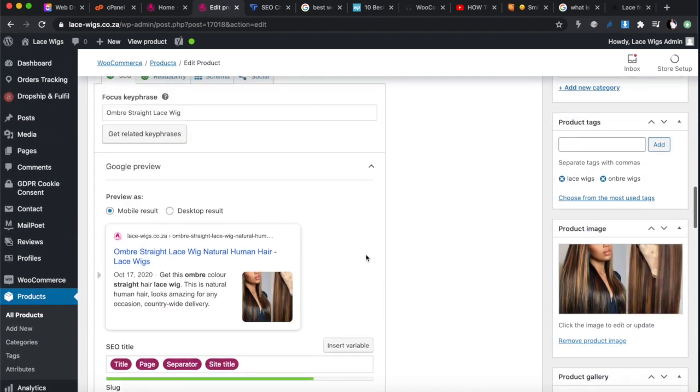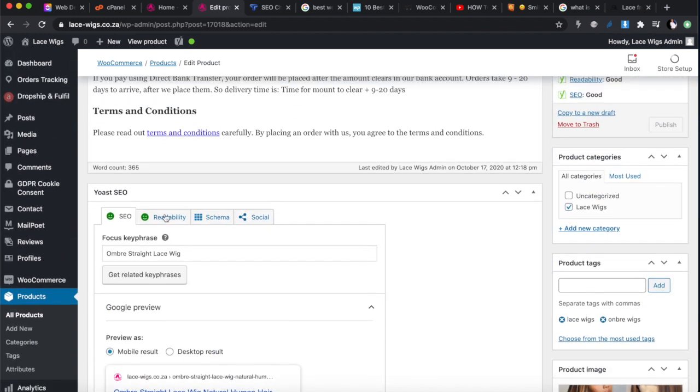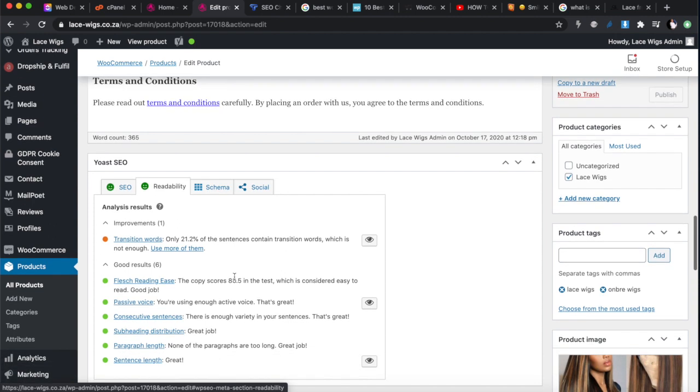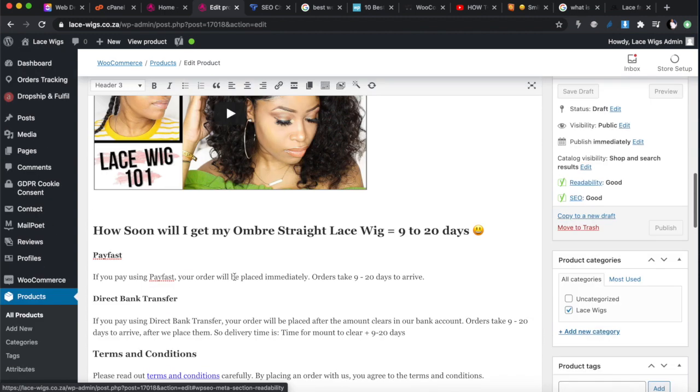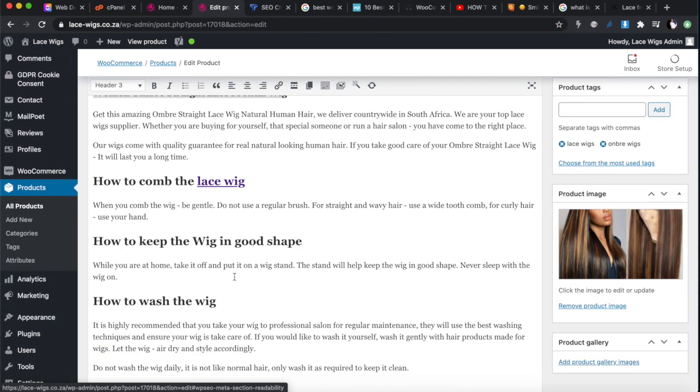And then the second thing that Yoast helps you with is readability. Readability is just how you write your page, that you have enough headings, enough subheadings, the paragraphs are not too long, and the sentences are not too long or too short. Google's not going to quite measure you on this, I think, I'm not sure, but readability is just good to keep your clients and people reading the page engaged. People want to see headings and subheadings, so you don't write just one long description, one long paragraph.